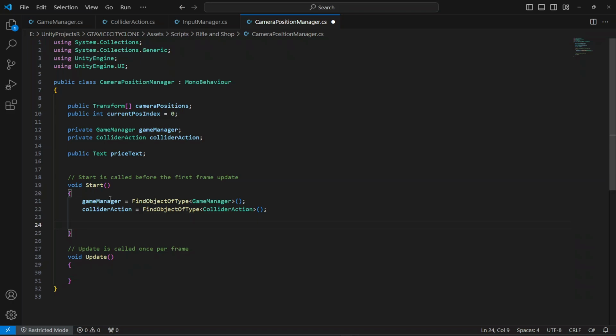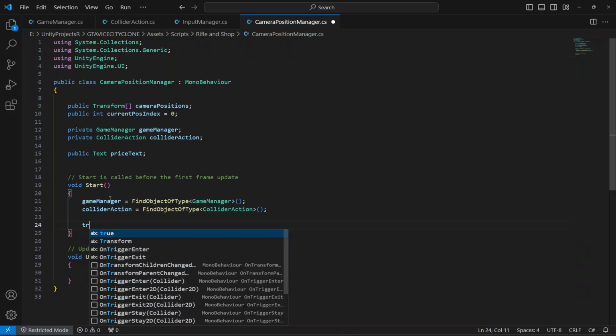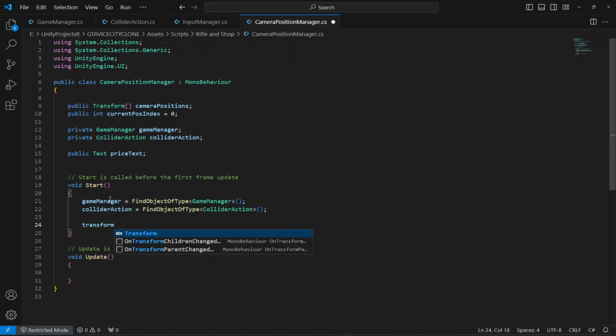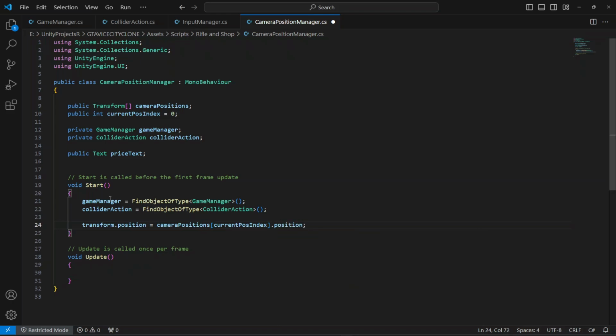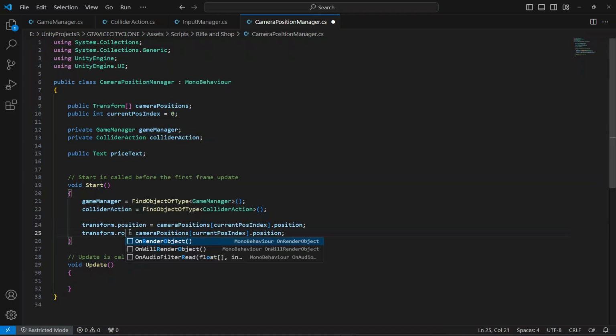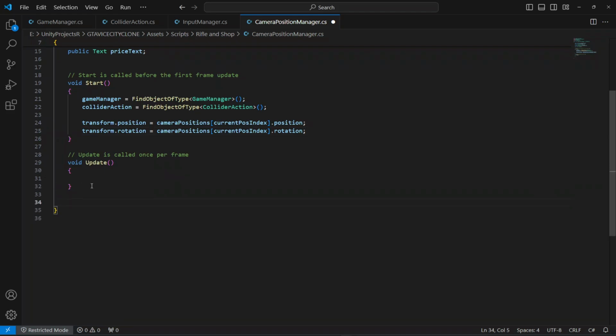after this, now let's set the camera initial position. So we're gonna say transform dot position will be equals to camera positions, current position index dot position, and also we want to set the rotation as well, so add that as well. Then right down below the update method, let's create a method for moving to the next